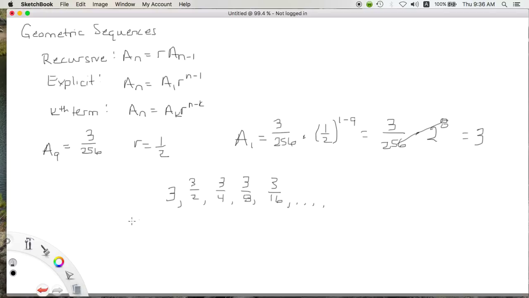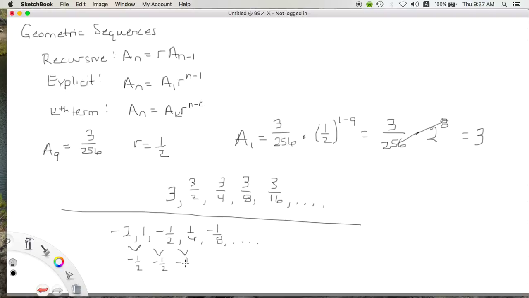Now the other thing we can do is if we're given a sequence, like, let's say we have -2, 1, -1/2, 1/4, -1/8, and so on and so forth, and we want to know, is this a geometric sequence? Well, we look at this and we say, what do we multiply to get from the first term to the second? Well, we multiply times -1/2, and from 1 to -1/2 we multiply times -1/2,